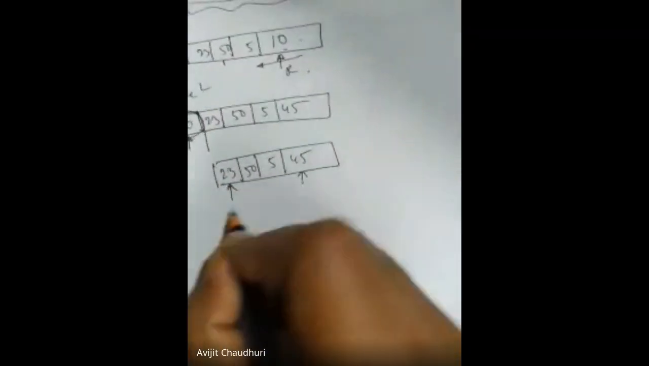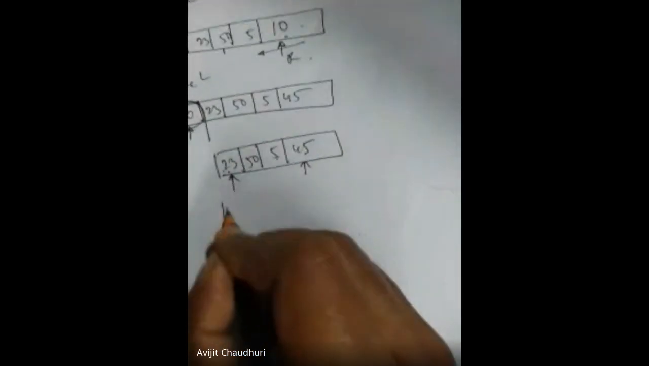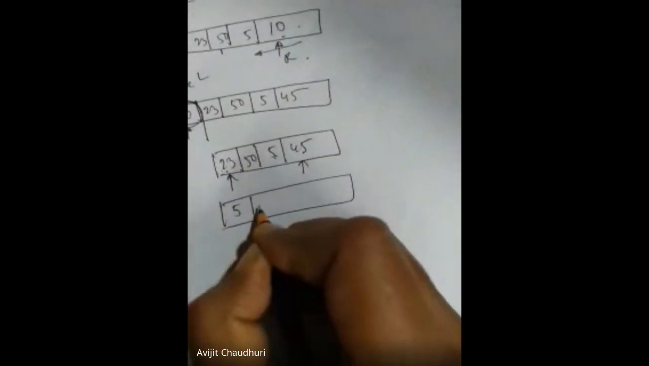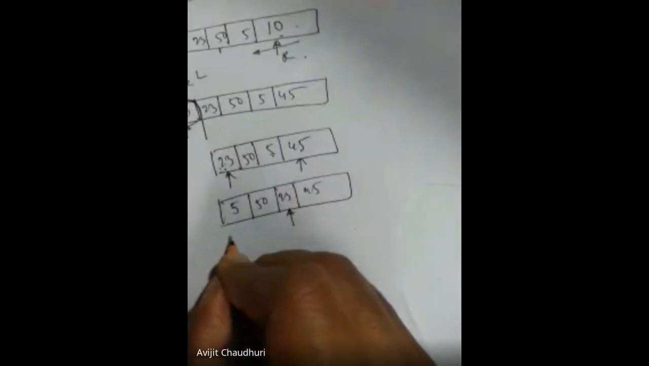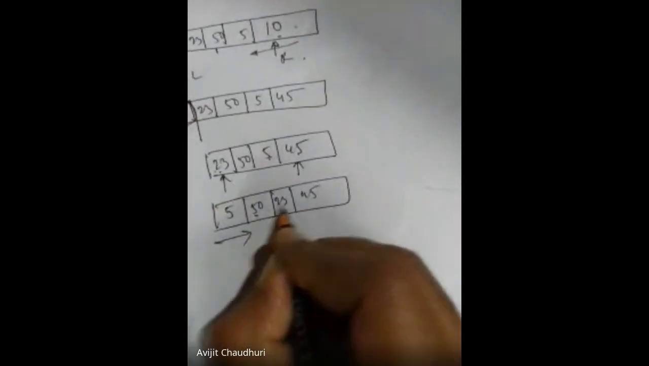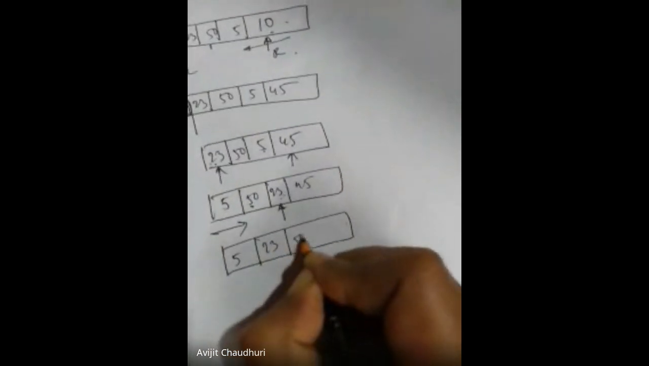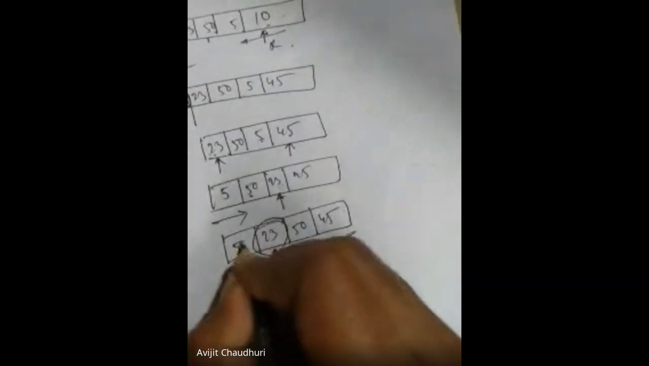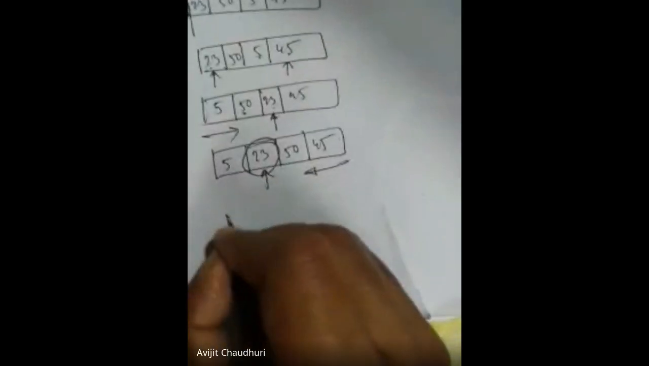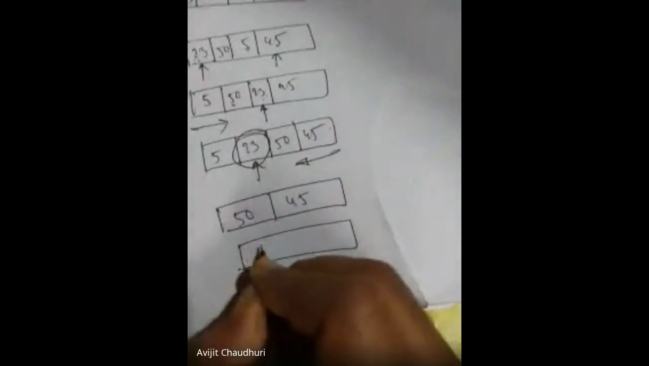Here the pointer is 23, and 45 is larger, no problem. 5 is lesser, so 5 will be shifted. 5, 50, 23, 45. Now the pointer is 23. We are scanning from left to right. 50 is higher, so shifting will be there. 5, 23, 50, 45. 23 is the pointer. So now 23, left side all are sorted, right side all are larger. Now 50 and 45 will be changed. In that way,